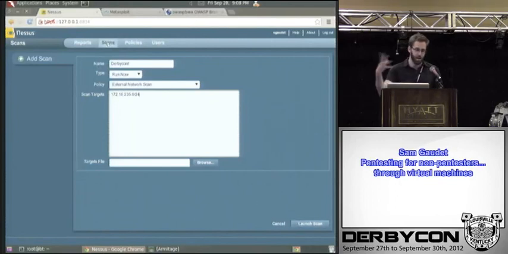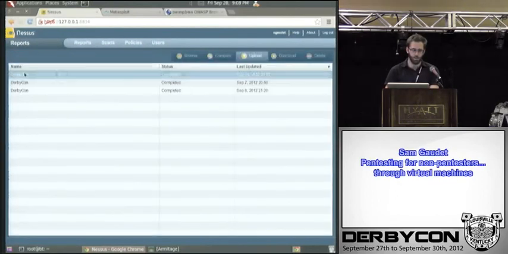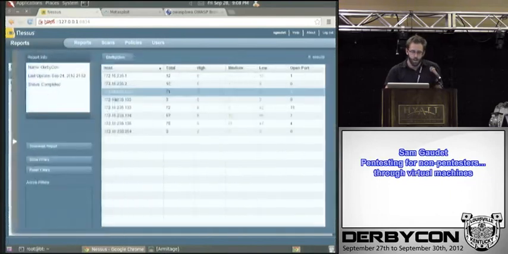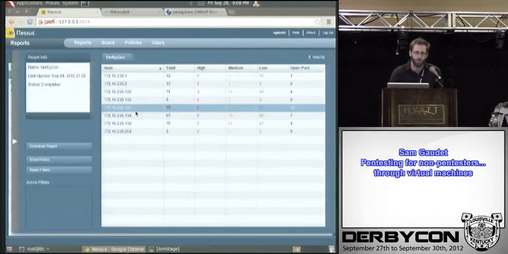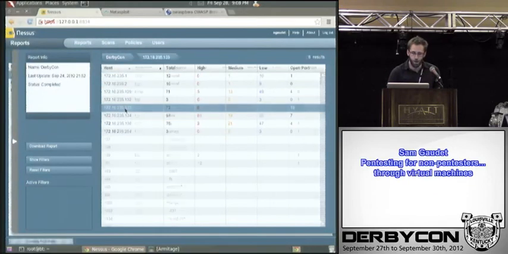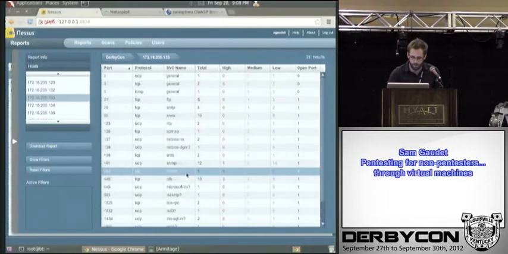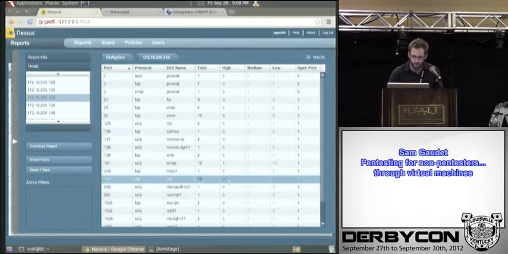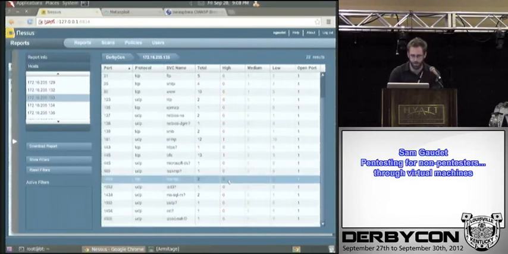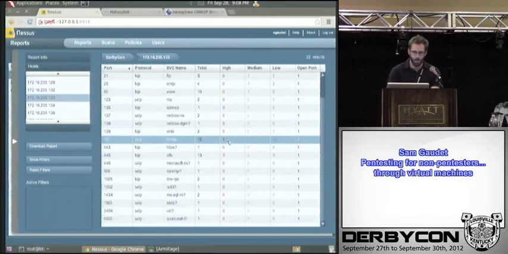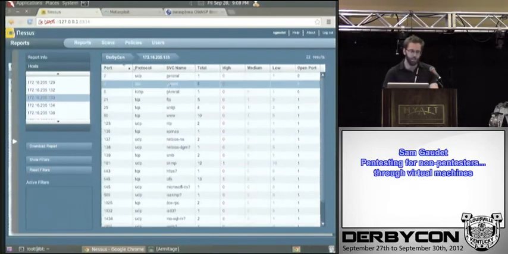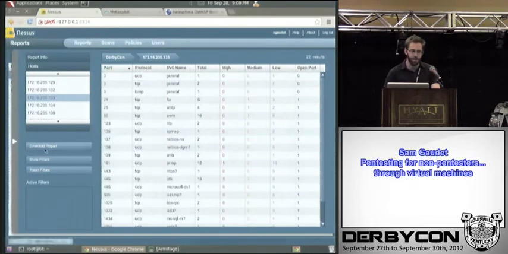Since it's not running on a full-on server, it's a VM on my machine. What the result would look like is under reports. You can see I did it the other day. And the box we were looking at, the Windows XP one, was the 133. Well, it looks like this guy's pretty wide open, huh? So we have a couple high vulnerabilities on TCP 445. Then we can save this information, download the report to a .nessus file,